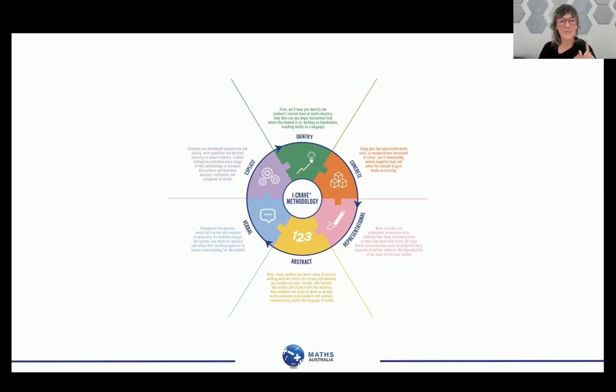Okay, so really important pieces: that concrete, start with that, move to the representation, two-dimensional on a piece of paper, go to the abstract squiggles on a piece of paper. The verbal is just ensuring that you're having this communication with the student, getting that feedback all of the time. And then explicit, when we talk about explicit, we talk about accuracy of language and clear instruction. So that's the dictionary definition.